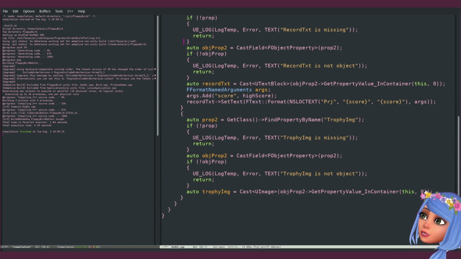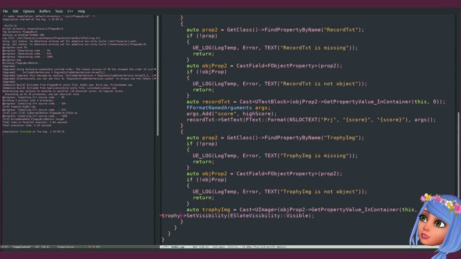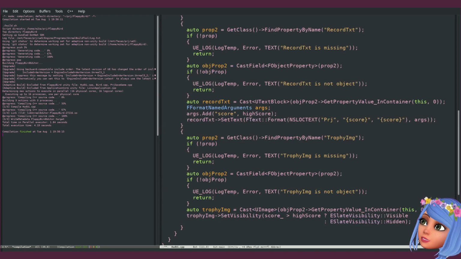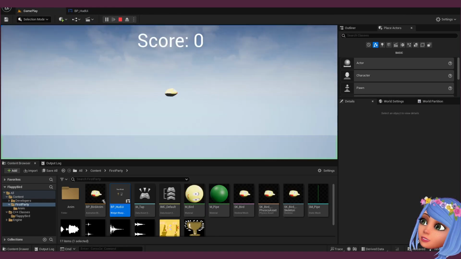And for visibility, set visibility, trophy image, set visibility, score greater than high score, visible, otherwise hidden. So let's test things out.